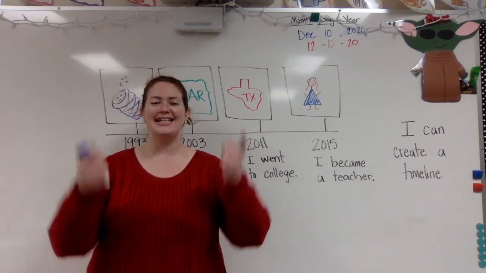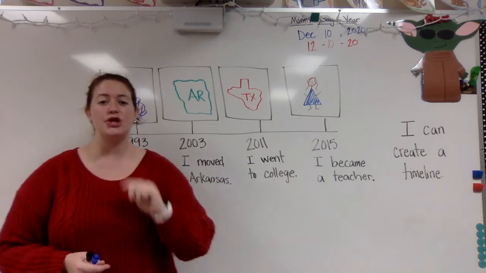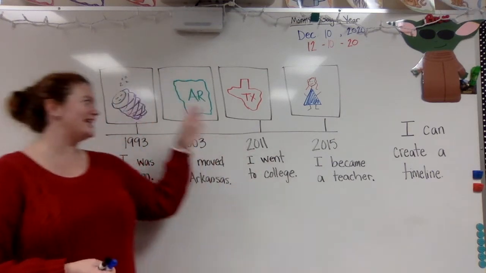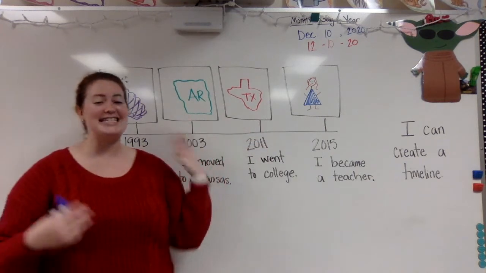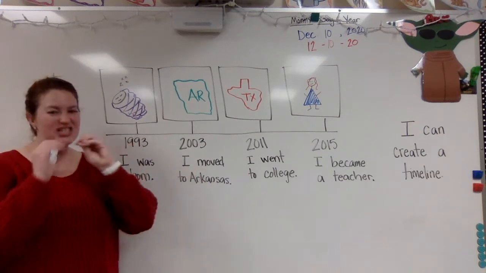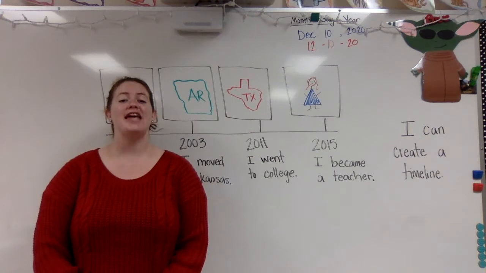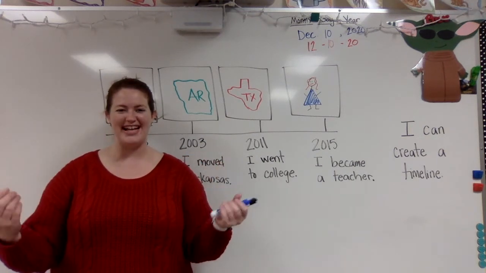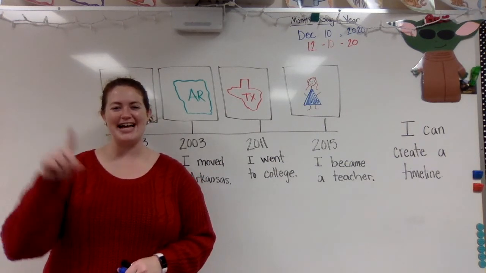Your job is to brainstorm, to think, what are 4 really important events that you could put on a timeline about your life? You're going to need to do a picture, just like Miss Lime did. You're going to need to use a date or tell me when it happened. And then quickly, in just a few words, you can explain what your picture is, okay? Take your time. Make sure you do important events in order. When your timeline is all done, you can click that green check mark.